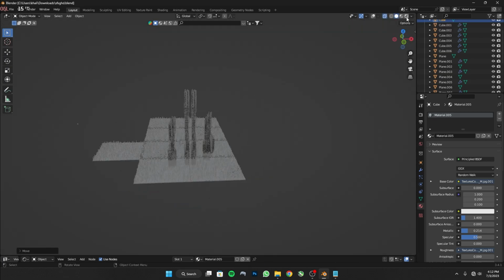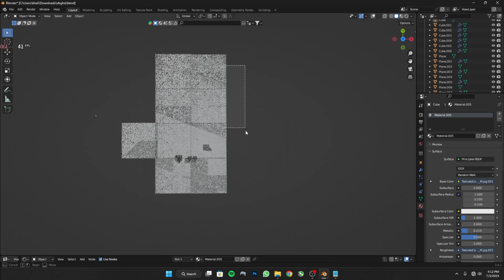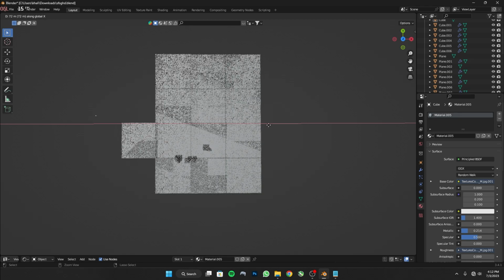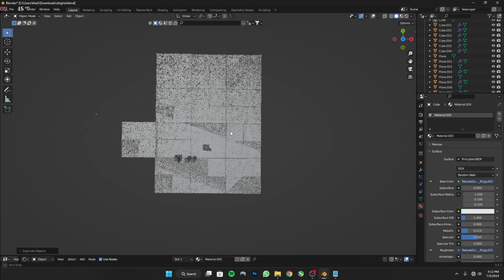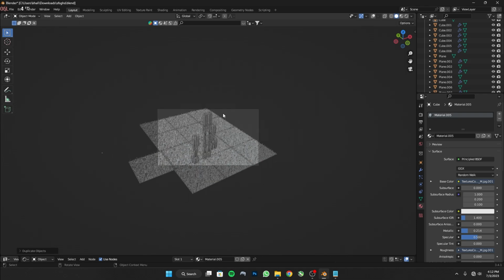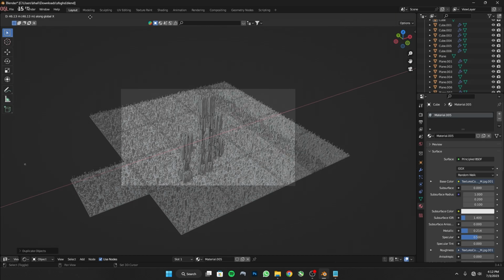Now I'm gonna go to viewport shading and deselect the X-ray mode, and I'm gonna grab 8 of these planes right over here, duplicate them, Shift D, move it with X, and we're gonna see if they fit in the camera. Not yet. I'm gonna duplicate them again, Shift D, X,